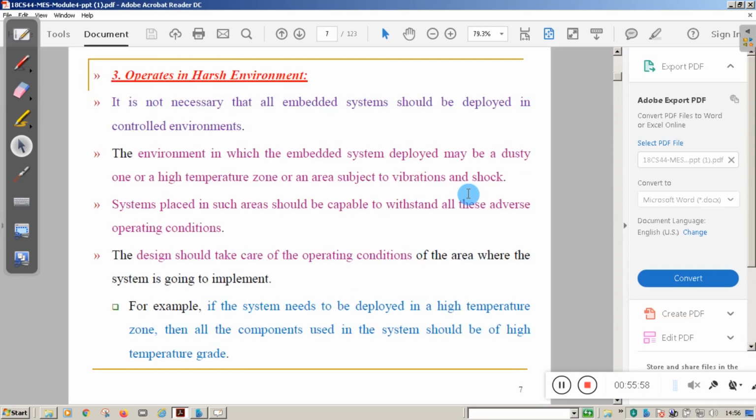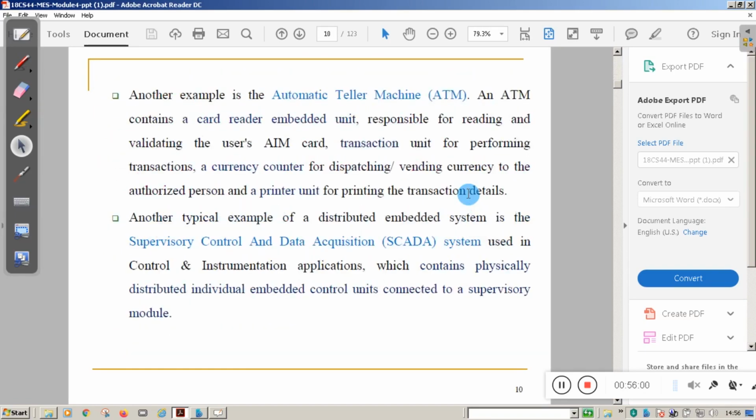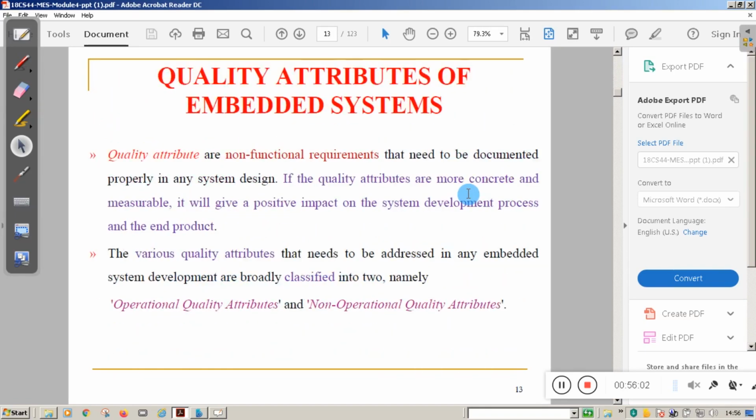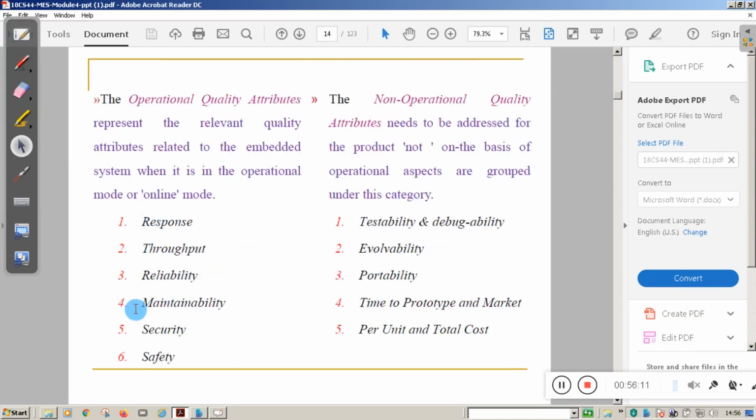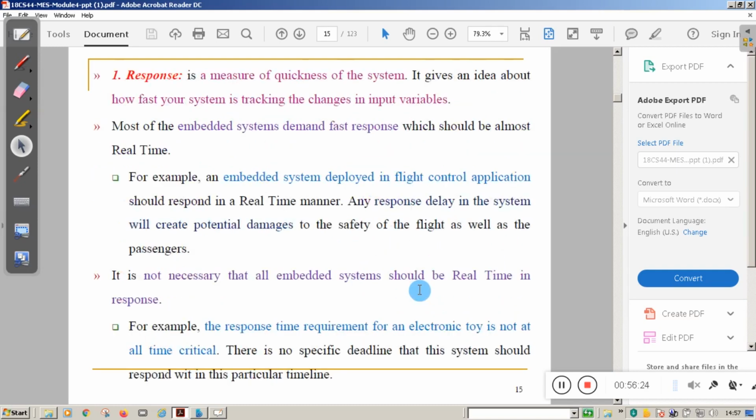Other than that, we studied non-functional aspects like operational quality attributes and non-operational quality attributes. The operational quality attributes are response, throughput, reliability, maintainability, security, and safety, and the non-operational attributes are testability, debug-ability, availability, and portability. All these things we studied.